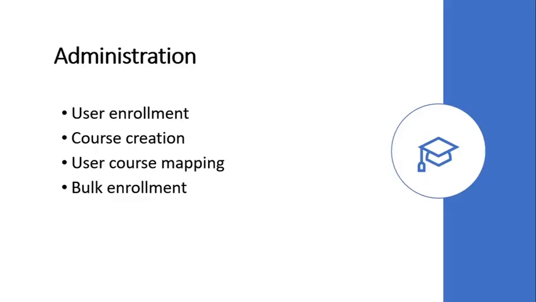We will see how to do bulk enrollment. First, we'll say what is bulk enrollment. Bulk enrollment is nothing but, instead of adding users one by one using the Blackboard administration option, we can create an Excel file containing all the users or all the courses and all the users that are to be mapped to a particular course. Everything can be done using the Excel file. So we'll see how to create users using an Excel file.